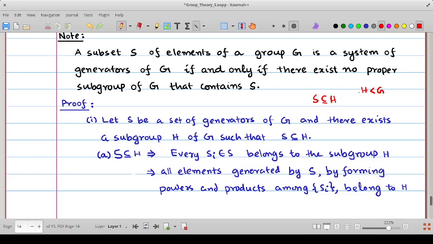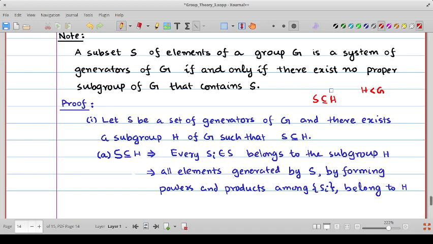And what we need to show is that there exists no proper subgroup H that satisfies this. It still allows for the possibility that H could be equal to G, the group itself, but H cannot be a proper subgroup of G if it contains the set of generators. To see this, we first consider